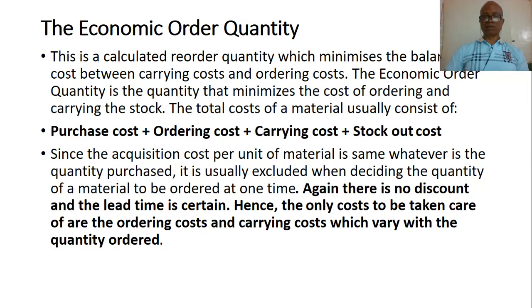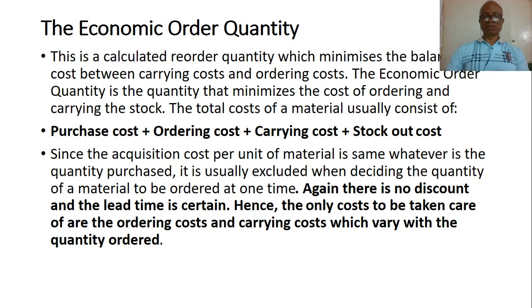The total cost of material usually consists, as we have told you before, of purchase cost, ordering cost, plus carrying cost, plus stock out cost. Those are the components of your total material cost. But in looking at this particular concept, there are some things that you have to eliminate. Number one, purchase cost is constant, because once you know the quantity multiplied by the cost per item, you get your purchase cost. And in most cases your stock out cost is also